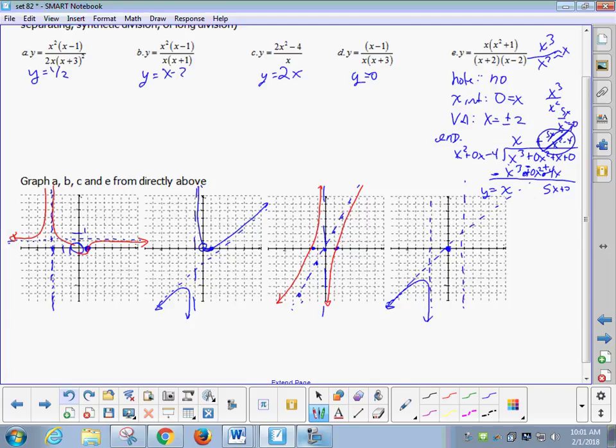I could sign test again between -2 and 0. But you could bypass that by saying, well, when I jump over -2, that factor is to the first power, so before it'd be negative, but after it'd be positive, and therefore I'm going to have a sign change at -2. So instead of being negative, now I'm going to be positive. You could use that same kind of thinking about what's going to happen at 0. Before 0, x would be negative, but after 0, positive, so we're getting a sign change there. And after 2, there's a sign change. So the graph,